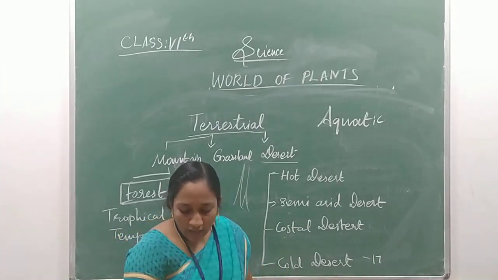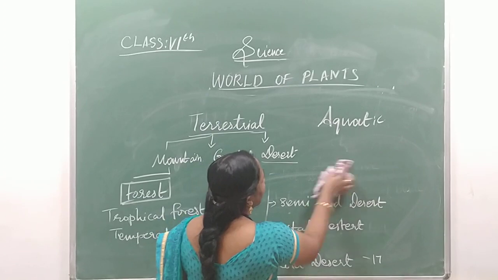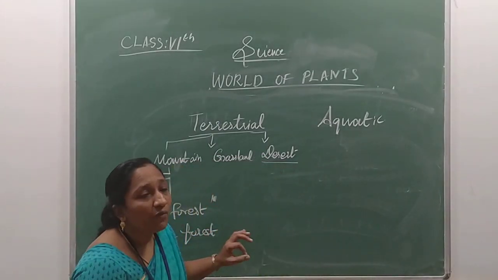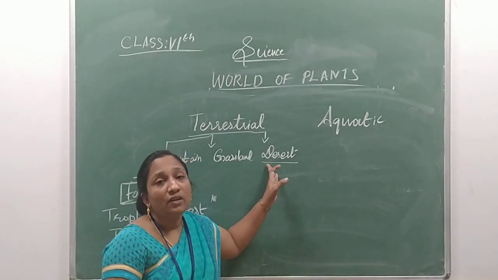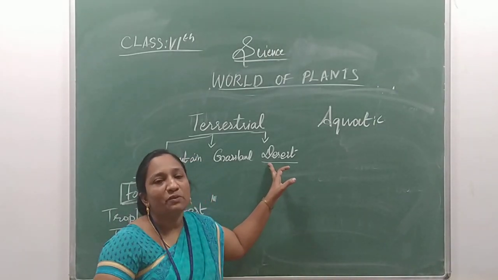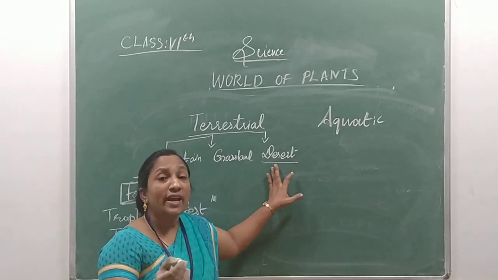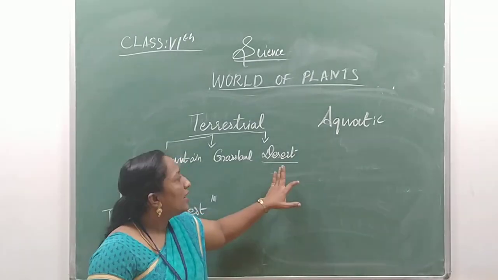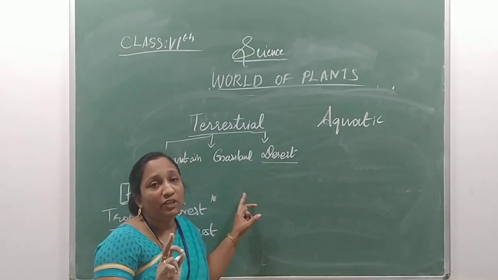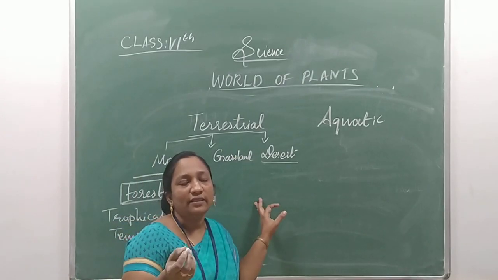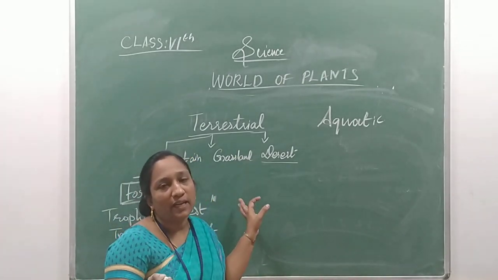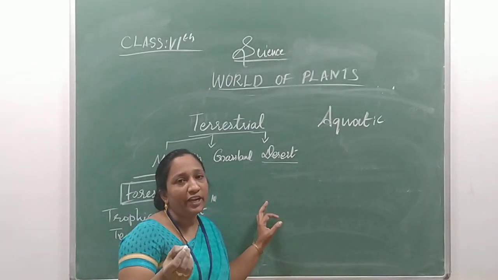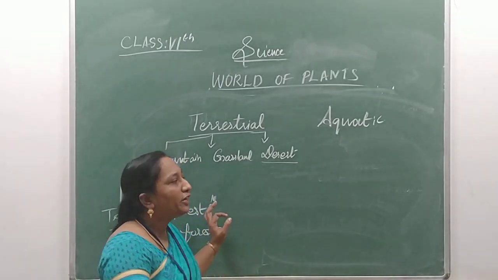Up to this clear? Already we learned adaptation, what it is. So what type of animals live here? Only some lizards or reptile types of animals you can find here, which can tolerate living in such a hot and waterless area. And you can find the plant I already told you, cactus, in Tamil it is called chapati kalli. Here what is modified? The leaf is modified into thorns and the stem is modified into leaf-like.